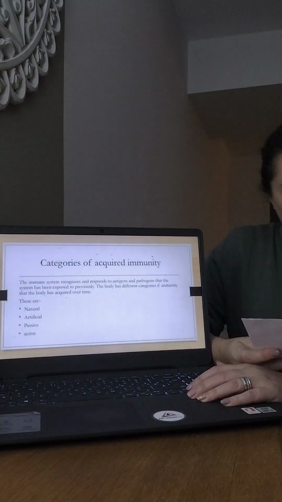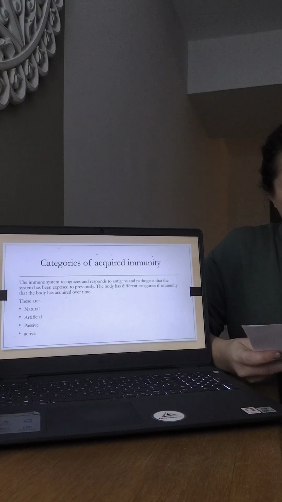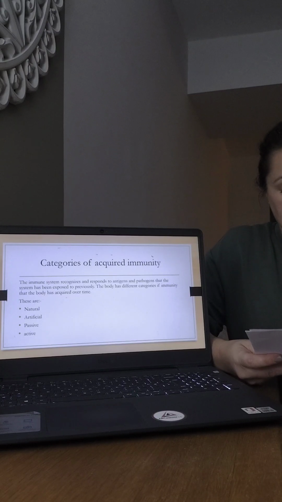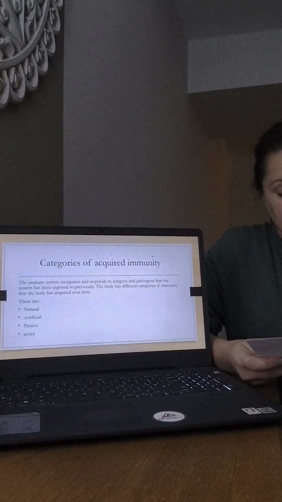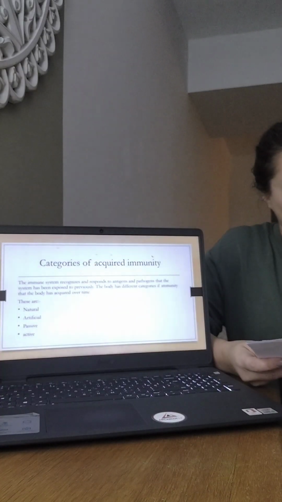The immune system recognizes and responds to antigens or pathogens that have been encountered previously. The body has different categories of immunity that it accrues over time. Vaccination is used often to produce immunity for certain infectious diseases or pathogens. To break it down further, a vaccine, which is a weakened pathogen, is introduced into the body to stimulate an immune system response. This active process that activates the immune system to produce its own antibodies is known as